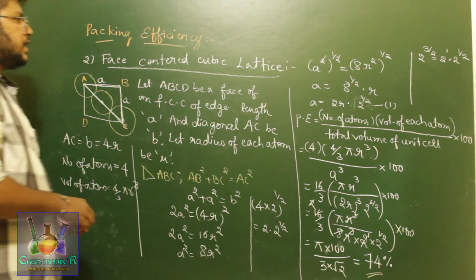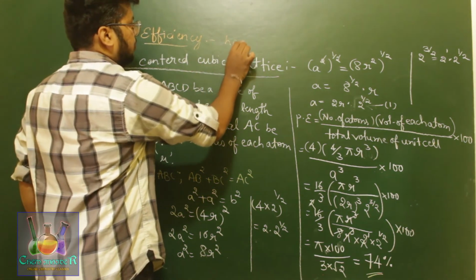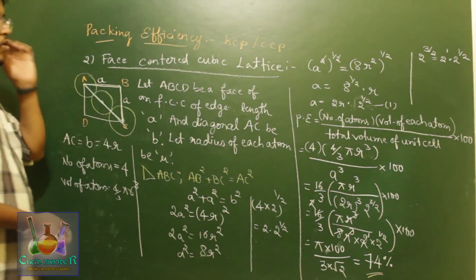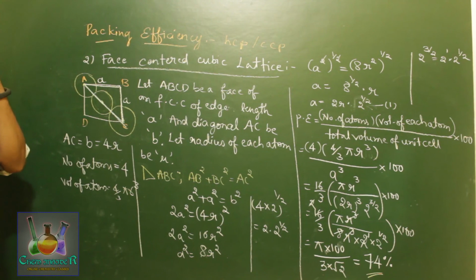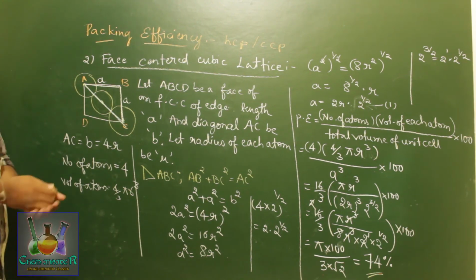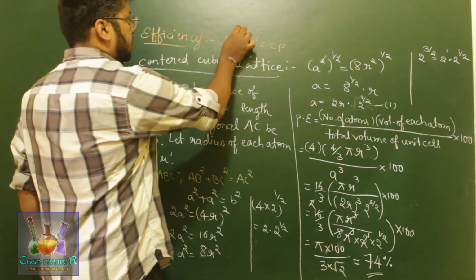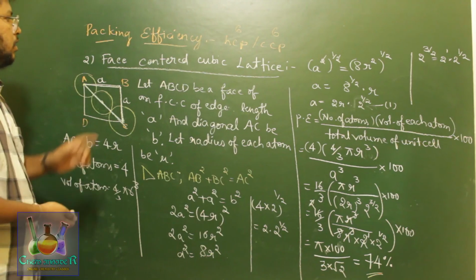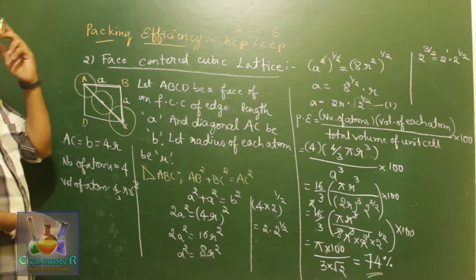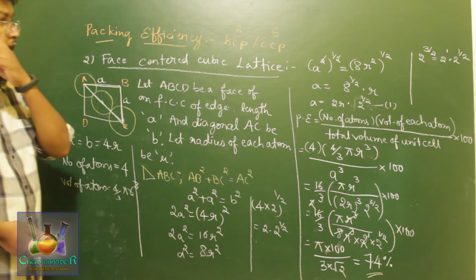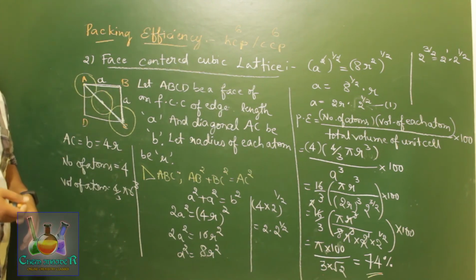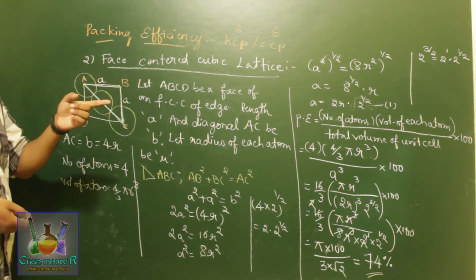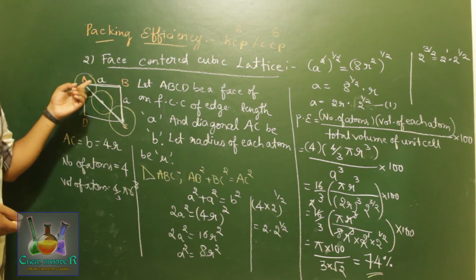This is again also called as HCP or CCP, hexagonal close packing or cubic close packing. So this question may also be asked as HCP or CCP. HCP has the number of atoms surrounding it as 6, right? And cubic close packing also has coordination number of 6. Therefore, a face-centered cubic lattice, even though it has just 4 atoms, HCP or CCP also has 4 atoms in its unit cell. So therefore, hexagonal close packing of 2 dimension or cubic close packing of 3 dimension can also be considered as a face-centered cubic lattice.